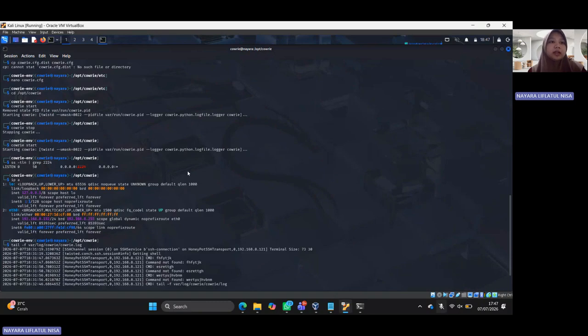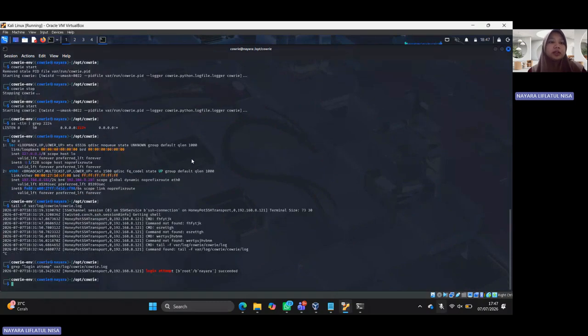And finally, I verified the activity recorded by Cowrie after the SSH session. I used the tail command to display the log entries, which showed the SSH connection, the executed commands, and the responses generated by the honeypot.